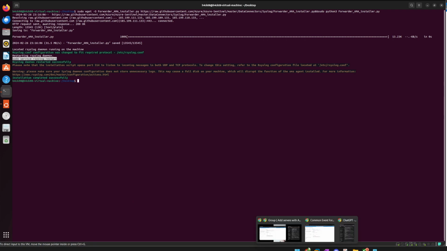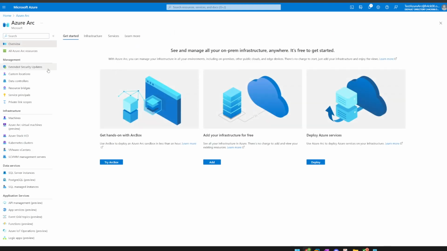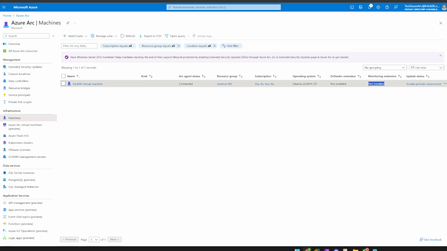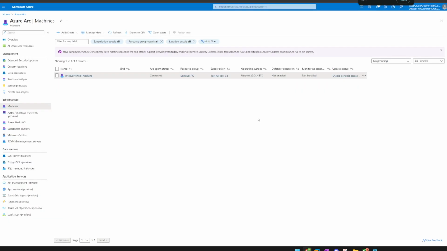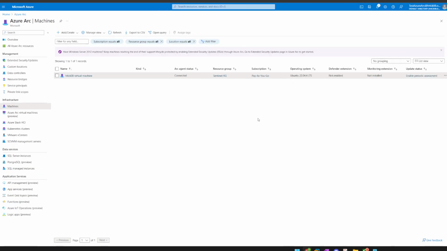Okay, now just out of curiosity, let's go back to Azure Arc. And did that change? That's a bit disturbing. Maybe it's just me. I thought that we did a monitoring extension. Anyway,